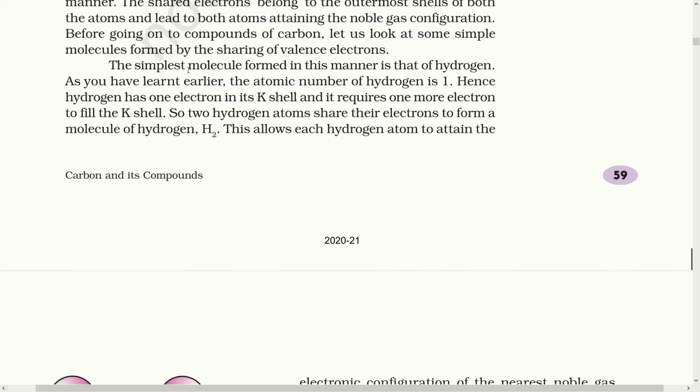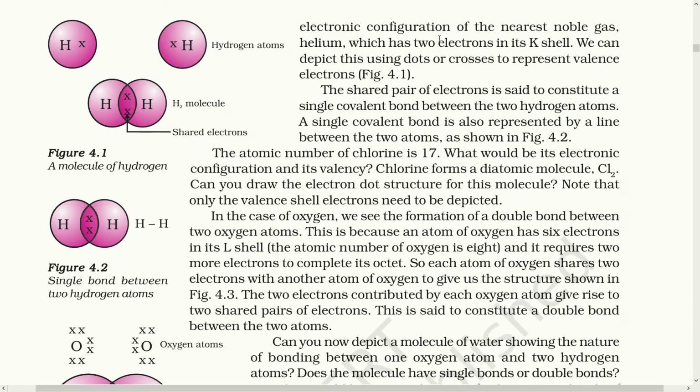The simplest molecule formed in this manner is hydrogen. As we know, the atomic number of hydrogen is 1, so hydrogen has 1 electron in its K shell and requires one more electron to fill the K shell to become 2. As the first shell, 2 electrons make an octet, just like helium. So, 2 hydrogen atoms share their electrons to form a molecule of hydrogen, H2. This allows each hydrogen atom to attain the electronic configuration of the nearest noble gas, helium, which has 2 electrons